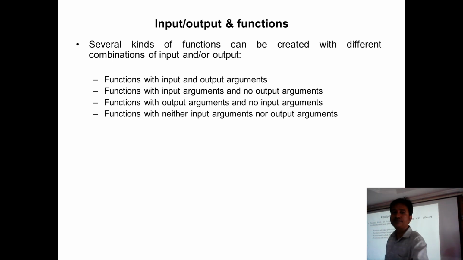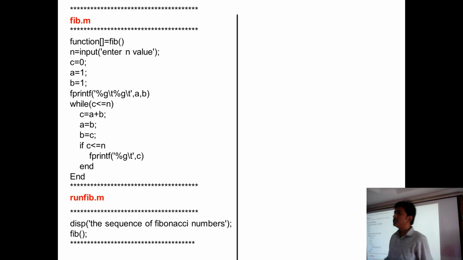Let's look at one example. Let's look at this program. This is a program for printing the Fibonacci numbers using functions. We already know how to print a Fibonacci number. What is the logic I told you? I explained to you: if I take A, B as initial numbers, the next number will be the addition of the two numbers. So C is equal to A plus B. Later A and B will be changed. So this is the logic,